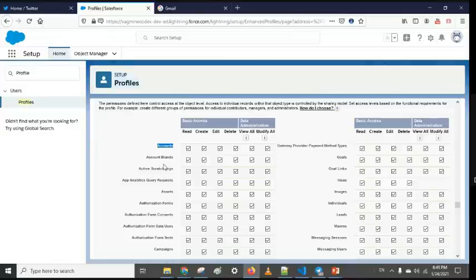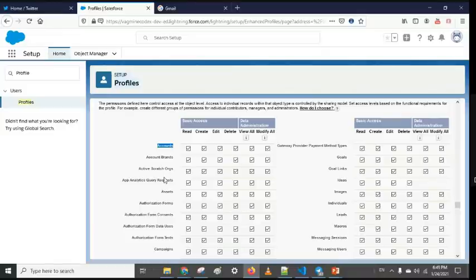Object means I have an object, and on the object I can create records. In FLS, for a particular object, we specify how many fields there are and how many fields I can edit or only read. That is field level security. Here is object level security, where we are giving access to create, edit or delete.